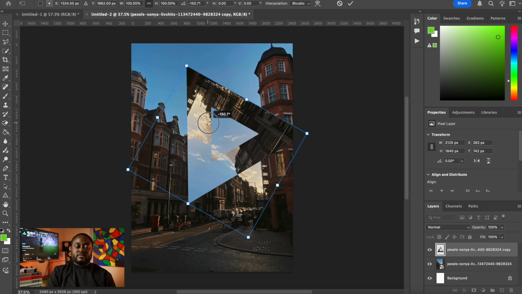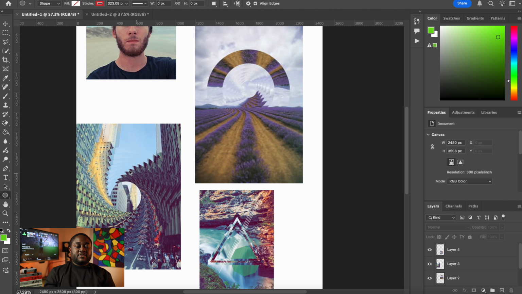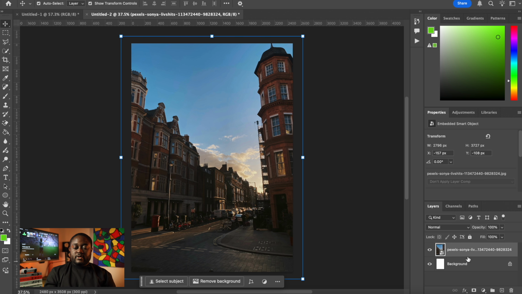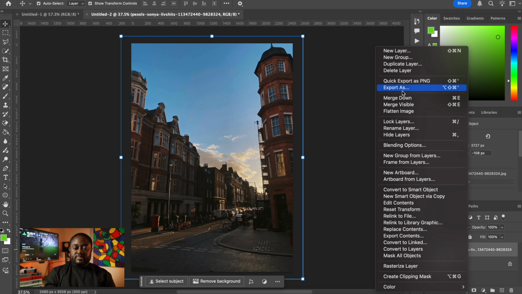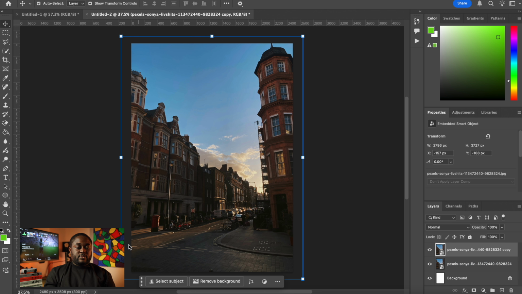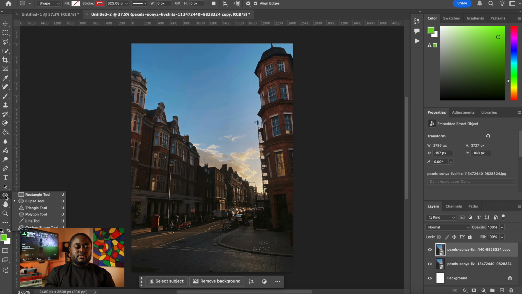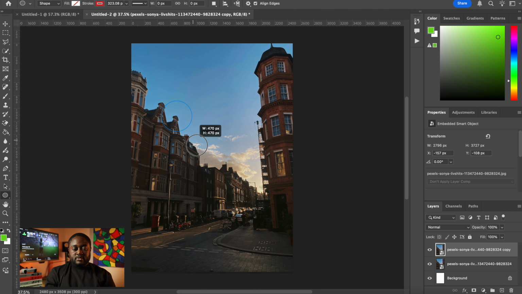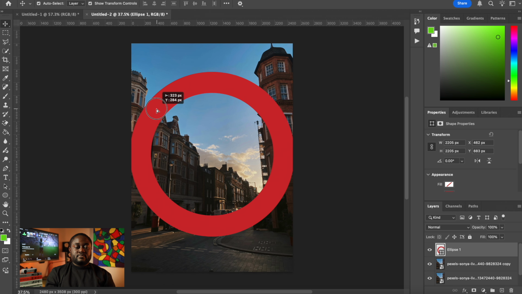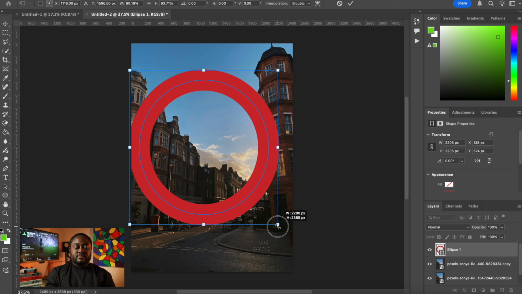To recreate the buildings twisting, what we have to do is go back to our image just like how we started, and then we're going to duplicate again. So duplicate it, duplicate the layer, and then what we're going to do is shape tool, select the ellipse tool with your finger on shift. I'm going to draw a really big circle, reduce it a bit,